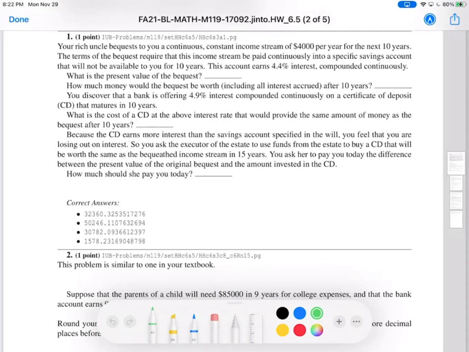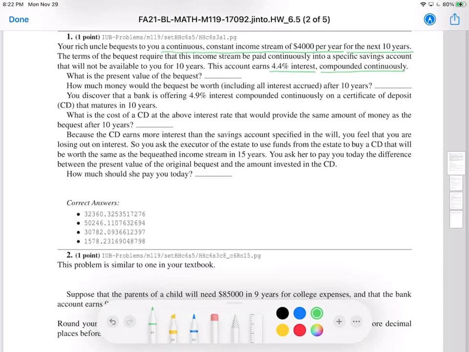So for number one, the bequest continuous constant income stream is 4,000 per year. So the rate is 4,000 per year. The duration is the next 10 years, and the interest rate is 4.4%, compounded continuously. Okay, so for